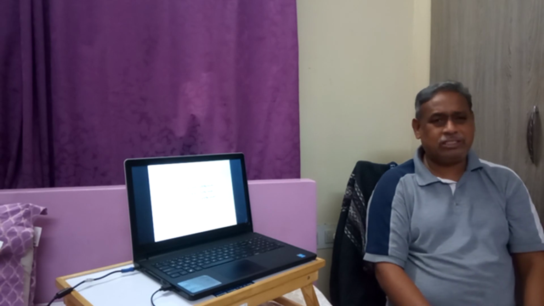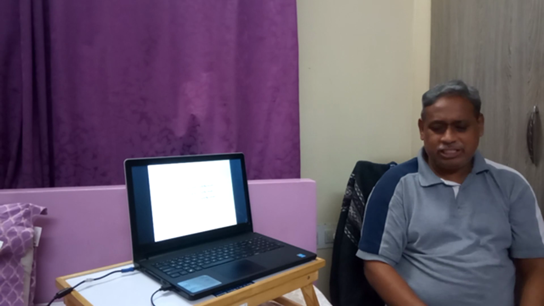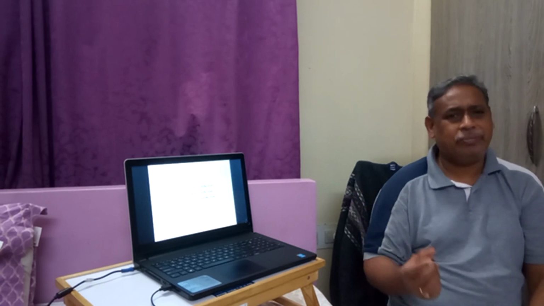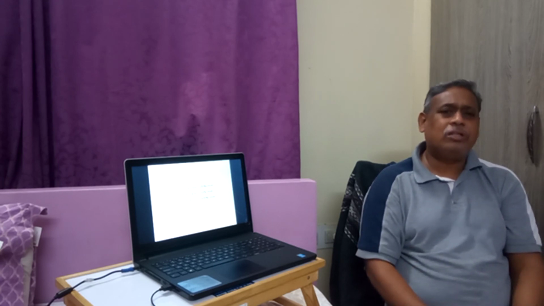Similarly, we know delta L is equal to PL by AE, so P into L1 by A1E is the first elongation, or P into L2 by A2E is the second elongation. The third section's elongation is delta L3 is equal to PL3 by A3E. It is a simple extension of the earlier problem which we have done. Very simple problems we have done. Those 3 sections are clubbed into 3 different problems.